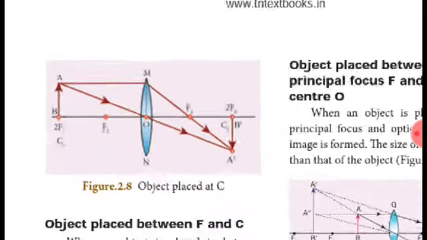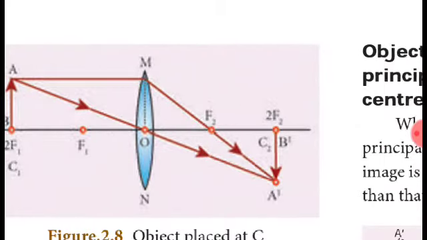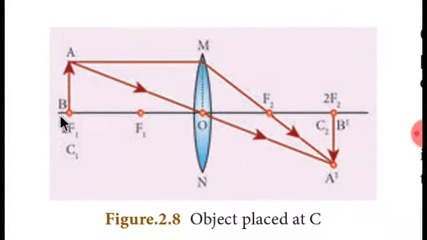This is the ray diagram for the third case, which is a very easy case. You are going to keep the object at C and you are going to get the image at C. Very simple. They used two rules which we learnt in the last session. First rule, the ray passing through the optical center has no deviation. The next one, the ray which is parallel to the principal axis is going to travel through focus. So both the rays are going to meet at one point, and that point is where the image is going to be formed clearly.